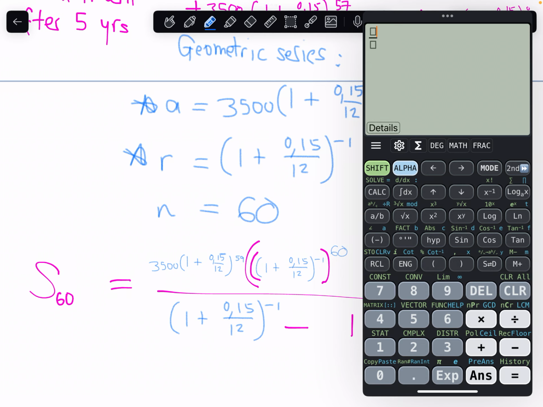I'm sorry. Such a tyrant. A times r to the 60 minus 1, and then in the bottom r minus 1. Doesn't that look so much better? Okay, so that gives us